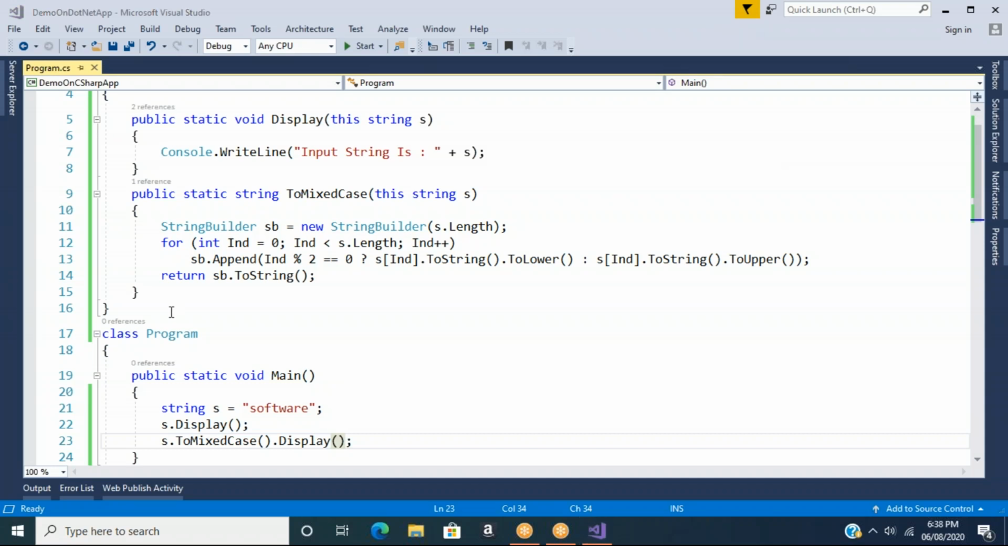Now, the next topic is related to three topics we study in sequence: delegates, anonymous methods, lambda expression. Three topics. And you should practice especially lambda expressions thoroughly. Reason: